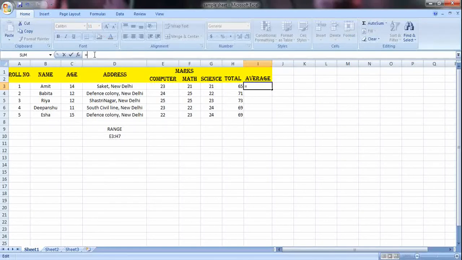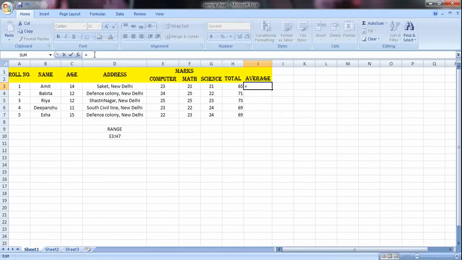First, the average of the numbers is nothing but the sum of the numbers divided by the total numbers, how many you are using. If you are calculating the average of three numbers, let's say A, B and C, then the formula becomes A plus B plus C whole divided by 3.